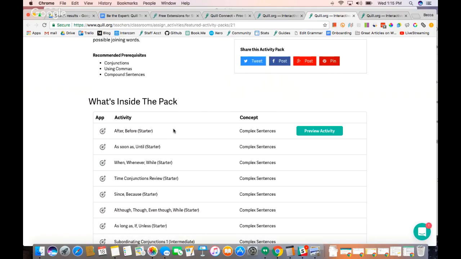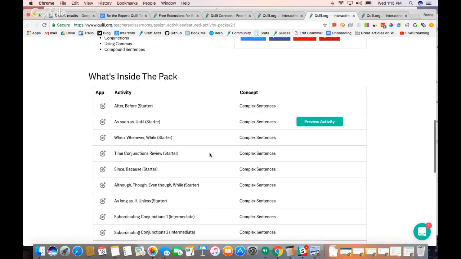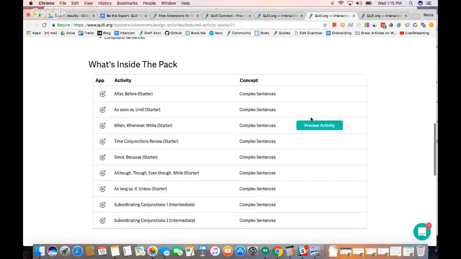So whatever you can do, and this is true with every ed tech tool, these are just my examples for Quill, whatever you can do to make sure that students are being asked to think about this skill outside of the website, that's where we find the deepest impact in terms of students really practicing these skills all the time. So what I'm going to do right now is work on one of these activities,